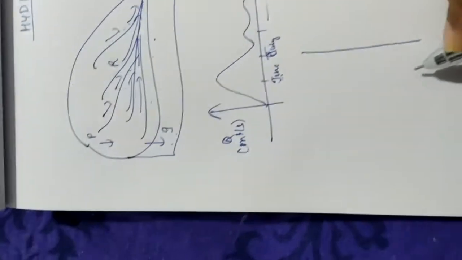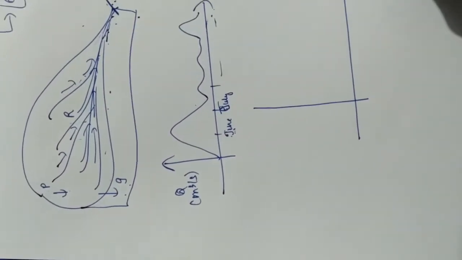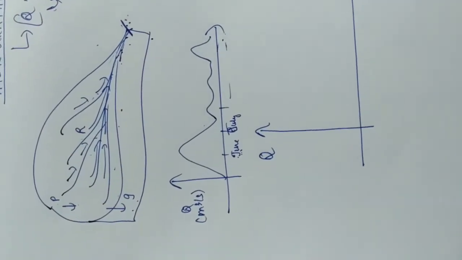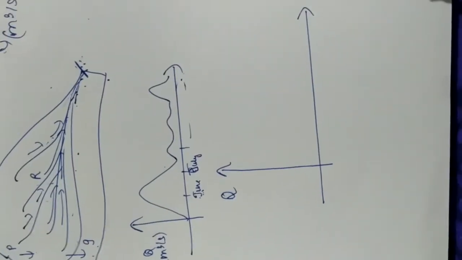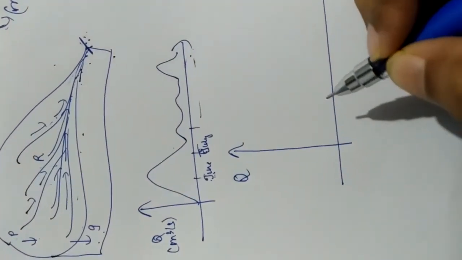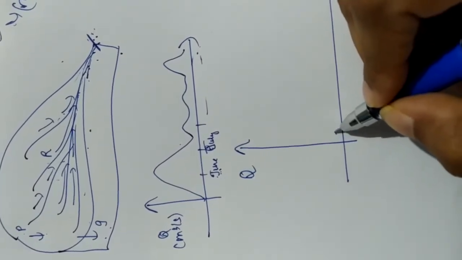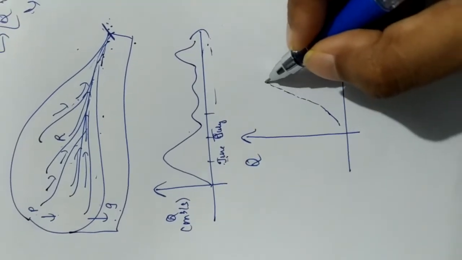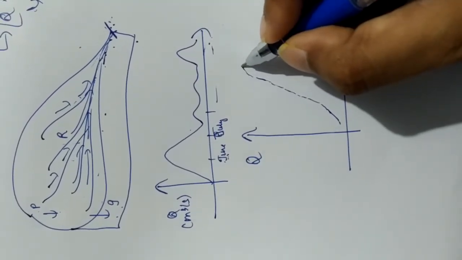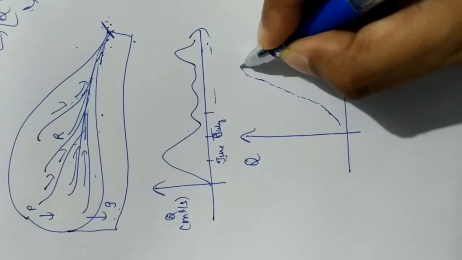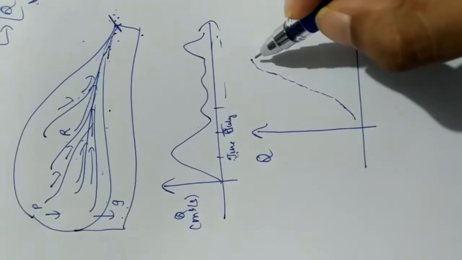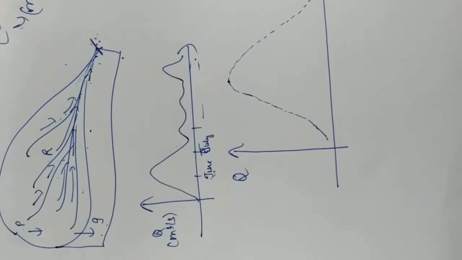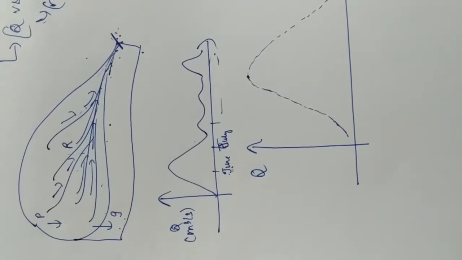So I'll say here, I'll plot the hydrograph, that is a representation of discharge versus time. Initially, when the rain starts, immediately I'll not get the runoff. After some time, I will start getting the runoff, and slowly as the rain increases, my runoff in the river will start building up. After some time I will reach a peak value, and now if the rain has stopped, this runoff will continue to decrease in the river. So something like this representation I will get.